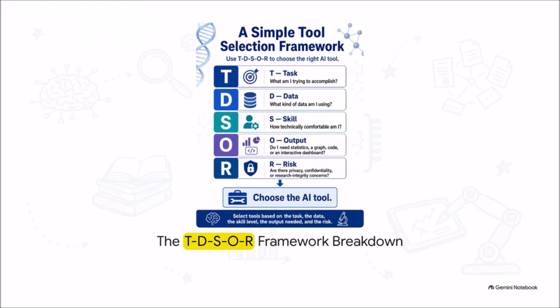Next is O for output. Do you need statistical tables, a specific type of graph, raw code, maybe an interactive dashboard? And finally, R for risk. Are there privacy, confidentiality, or research integrity concerns? I mean, if your dataset contains sensitive patient info, your risk assessment instantly eliminates like 90% of the commercial AI tools out there. You have to select your tools based on this exact combination of task, data, skill level, output